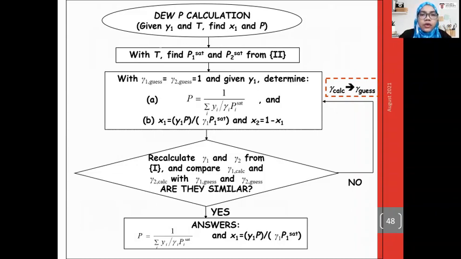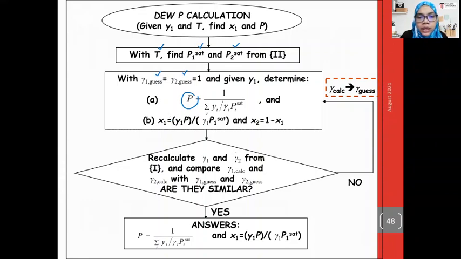You have the value of temperature, and then you can find the saturation pressure for both species. Next, we need to determine our activity coefficient by using this correlation, because you have already defined your pressure. So you can determine your gamma here, and then finally you can also determine the composition of this liquid